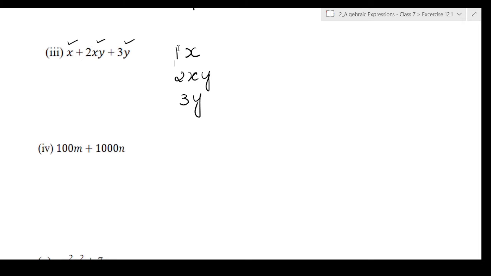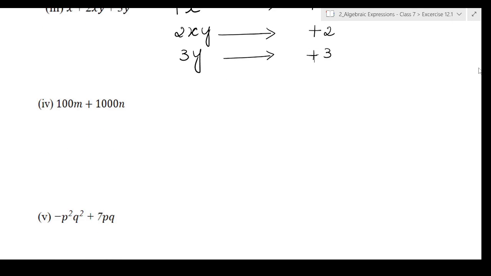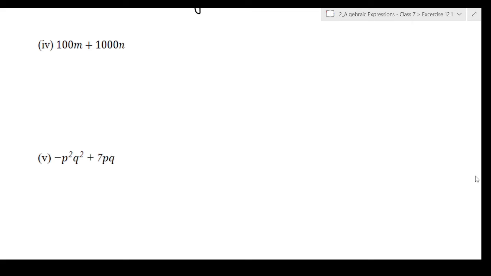Okay, so we don't have any constant in this problem. So what is the numerical coefficient of 1x? The numerical coefficient is plus 1. What is the numerical coefficient of 2xy? It is plus 2. What is the numerical coefficient of 3y? It is plus 3. They're only asking for the coefficient, which is a number, the numerical coefficient. Okay, moving ahead,